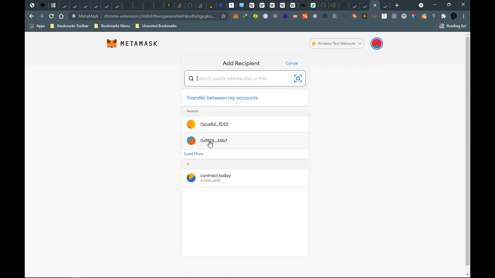My MetaMask is 0xE. Okay, I think I'm checking the wrong network. Let me go to Etherscan. It's 0xE670, that's my Rinkeby test network. Okay, just send it. Yeah, just post it there.